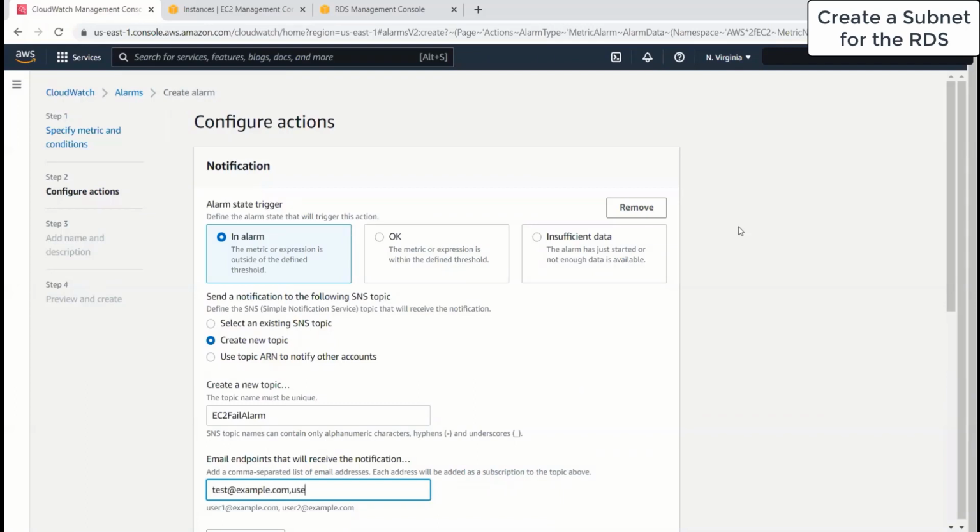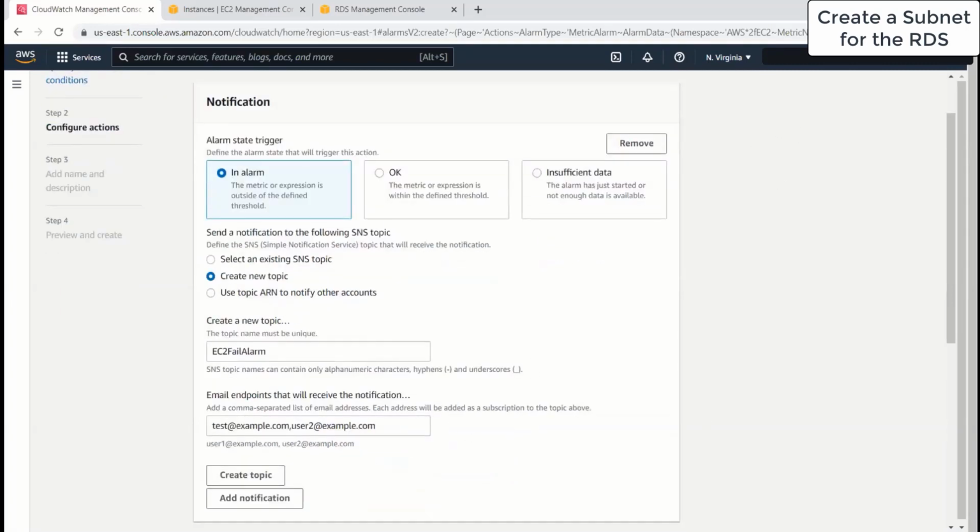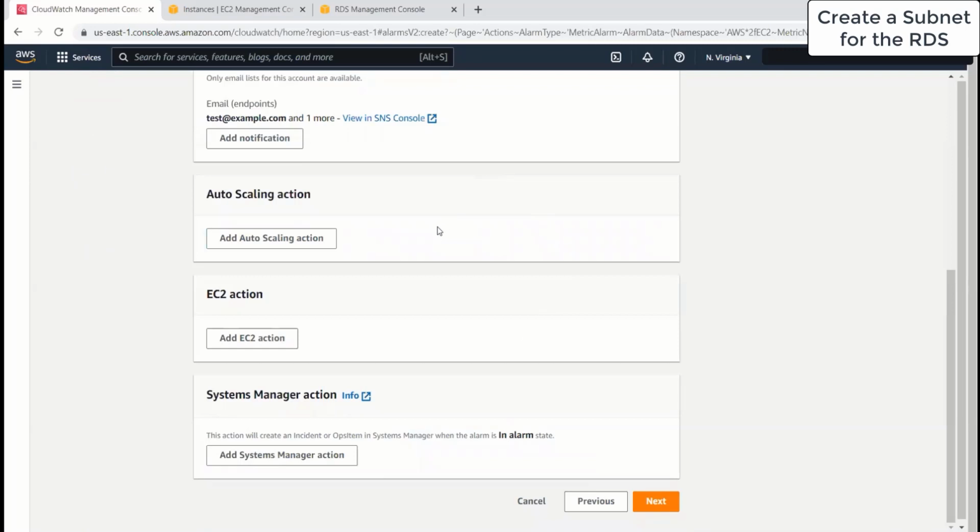You can mention something like user2@example.com. Just mention your email address. This is going to trigger the email for you using this SNS notification. Now, once this is done, I will choose create topic. This has created the topic. Now, once the create topic is completed,